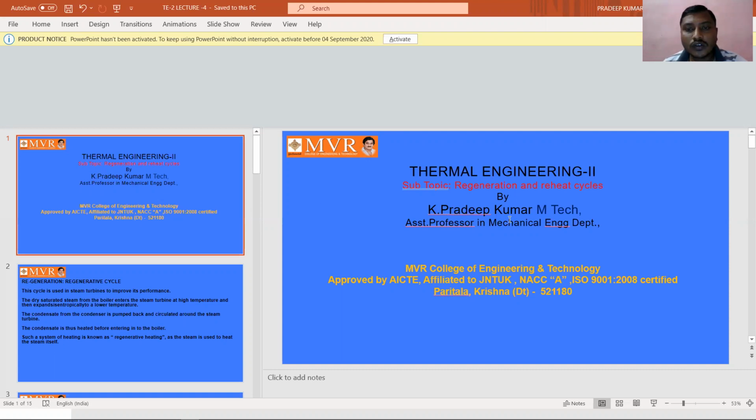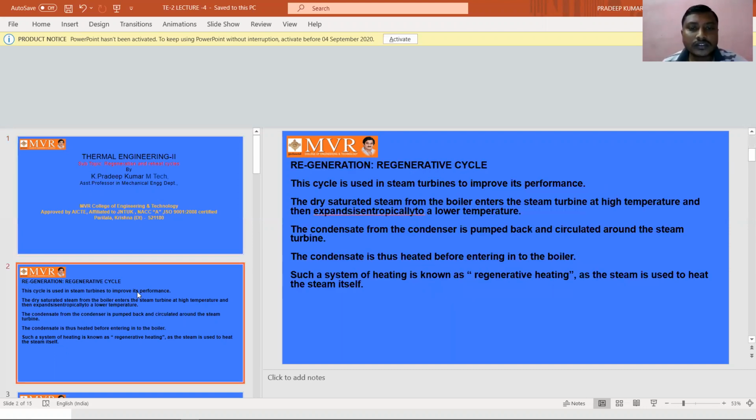in this video, we are going to learn about the regeneration and reheat cycles. First one is the regeneration, the regenerative cycle. This cycle is used in steam turbines to improve their performance. The dry saturated steam from the boiler enters the steam turbine at high temperature and then expands isentropically to a